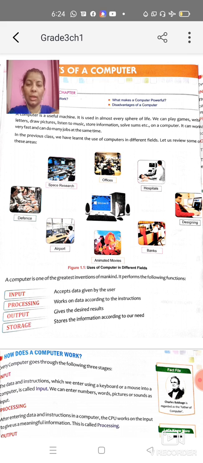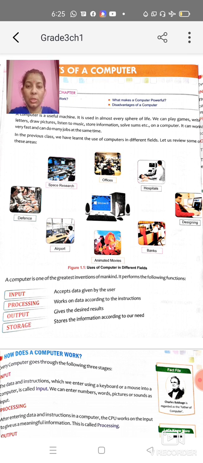So as input you can give data and instructions both, and then according to your given input, the computer system processes that. That is called the processing part, in which the computer system works on the data according to the given instructions. And as output, finally it gives us the final result. One more important part of this cycle is storage.